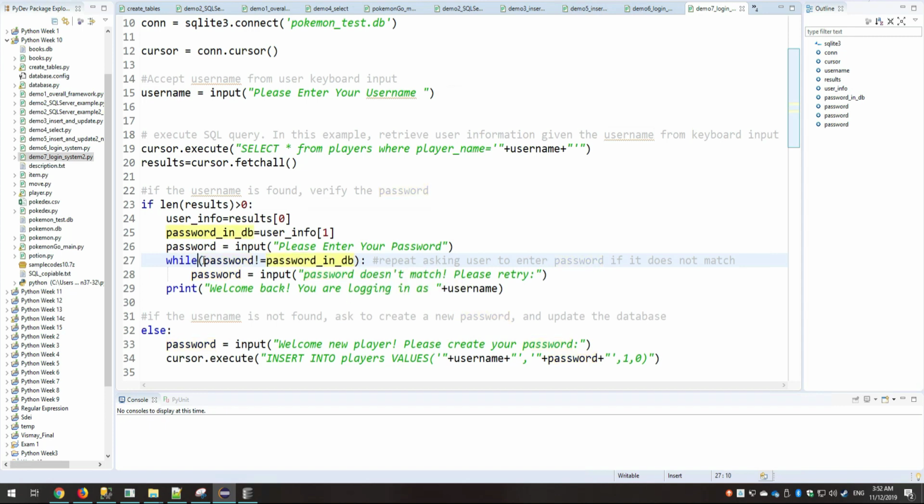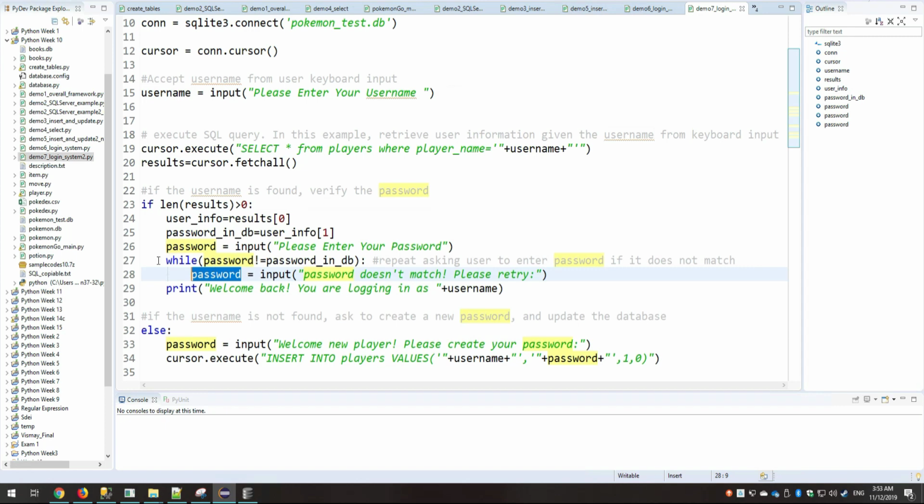So while these two passwords don't match, we ask the user to input the password one more time. Password doesn't match. Please retry. And the new password will be used to update this password variable, and it's compared against the database password again.